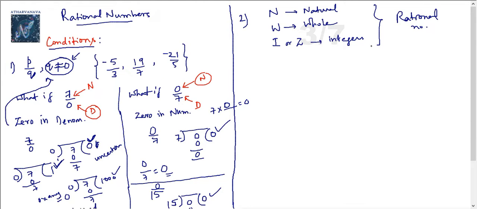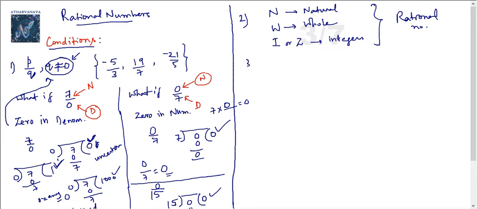If you know sets, you must be knowing what a subset is. But if you don't know, it is like your house has 4 or 5 rooms. Say one is a living room, one is a bathroom, one is a restroom, one is a bedroom, a drawing area, like that. All these come under the main set called house. The rooms are the subsets. Under the rational numbers category, we have natural numbers, whole numbers, and integers as well.